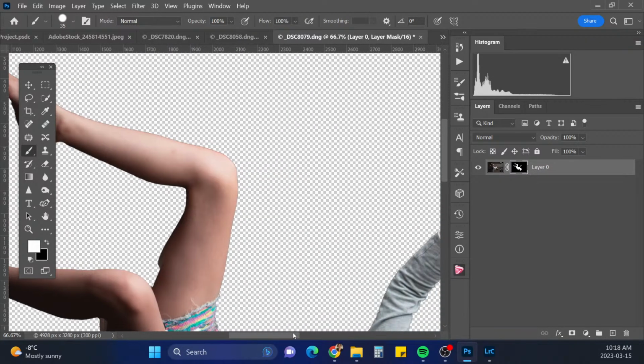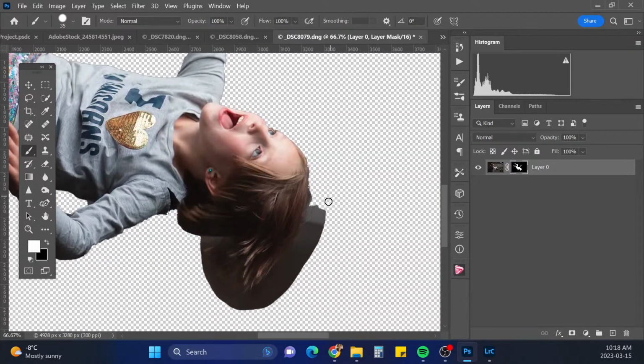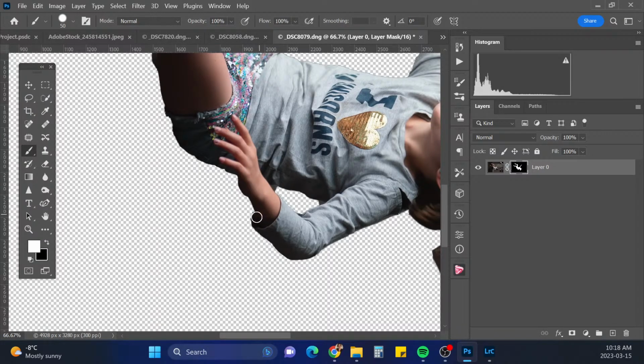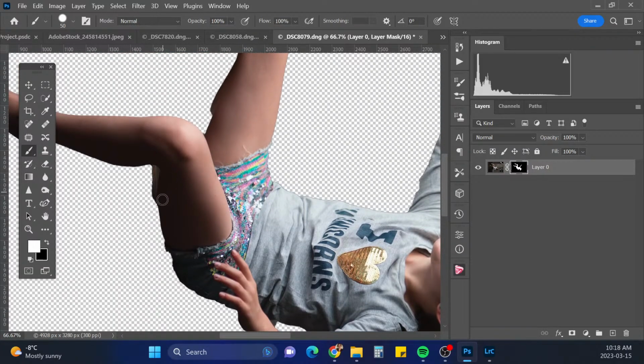So I'm gonna forget the hair thing that I did, and I'll just clean it up with the, like, I really don't like how that selection worked. So I'm just gonna fix it up myself. And I'll do the rest of that later after I bring her in, but looks like we lost some of her sleeve here. Let's bring back some of these bits the selection kind of took off.